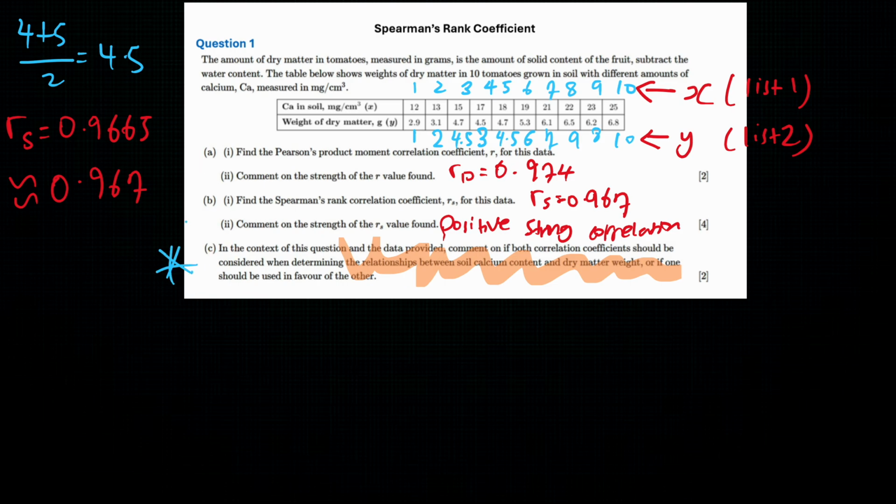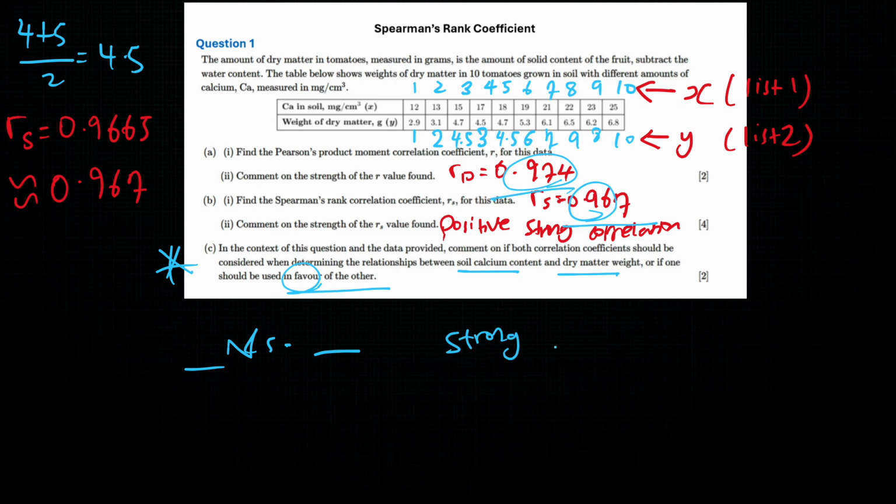In the context of this question and the data provided, comment on if both correlation coefficients should be considered when determining the relationships between sodium, calcium, and dry matter weight, or if one should be used in favor of the other. Essentially, it's asking us to compare which one is better, if that's the case. But because they both have 0.97, so they both have a very strong linear